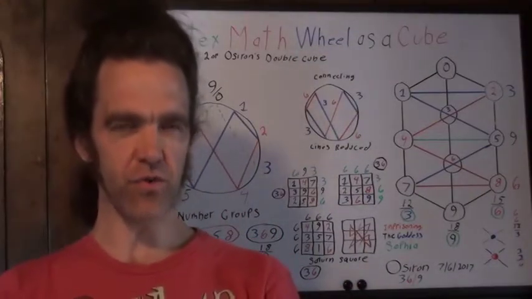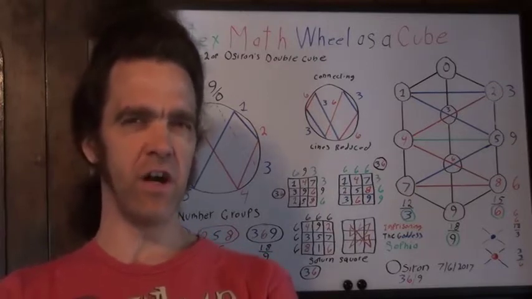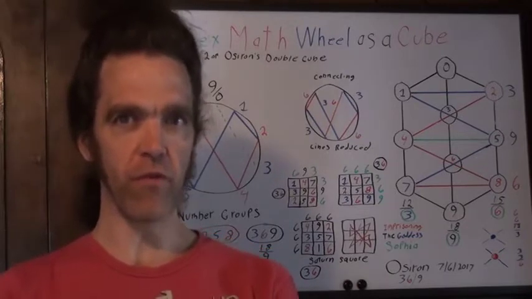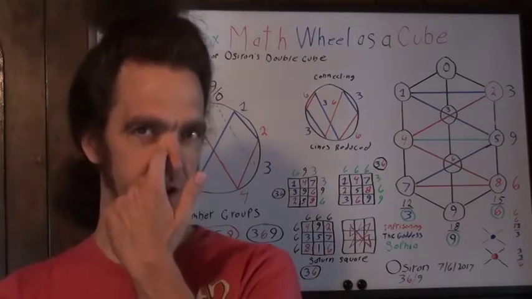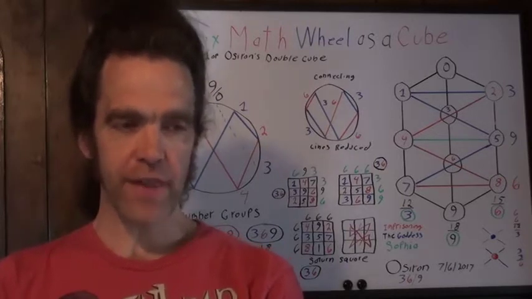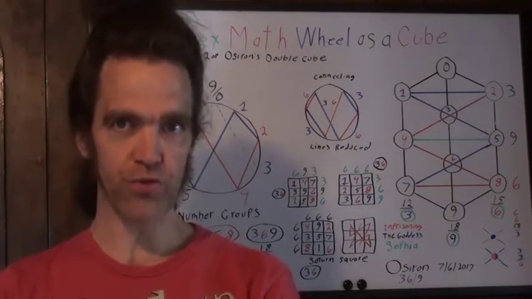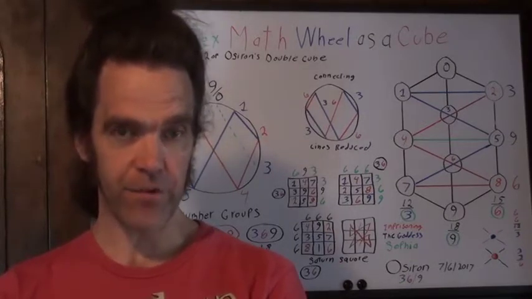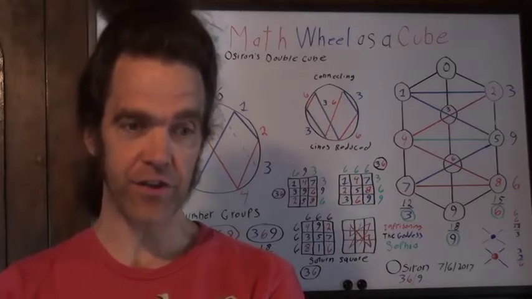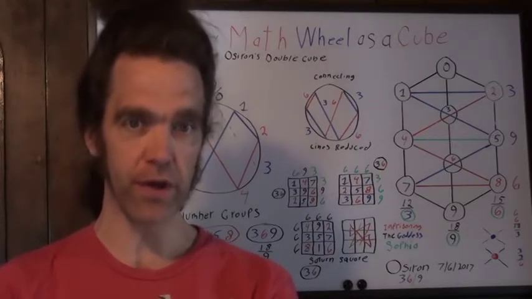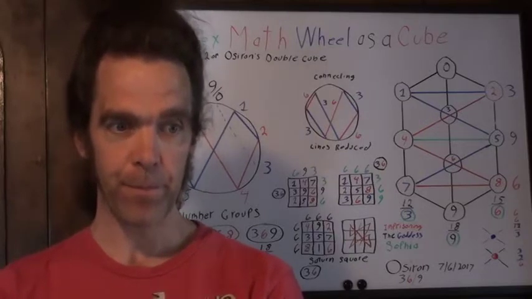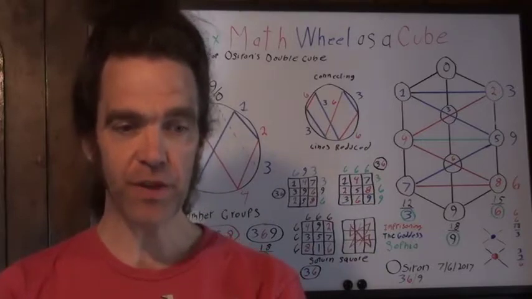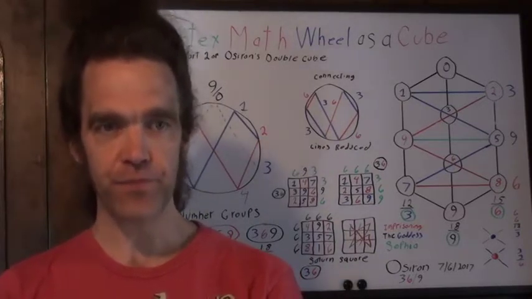This is the great Lord and Master, Osiron the Eternal, for part 2 to the double cube of Lord Osiron. This is a very important video to make because the correlations to that double cube structure and the Vortex math wheel are stunning. It's basically that structure is the Vortex math wheel in the cube form. Exactly, and I'm going to show you how that works, and this may possibly even help those guys out, Marco